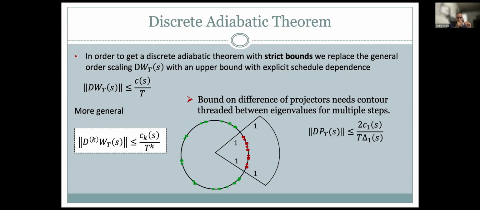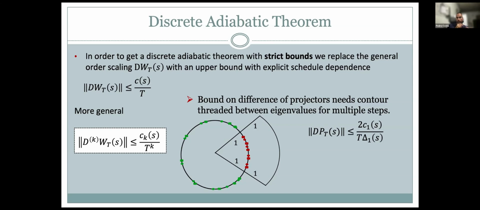The idea is that the eigenvalues are spread around the unit circle, and you always consider the worst one, the one closest to one, in our analysis. So in our analysis, we are going to have the appearance of these different values of the gaps that come from the results when you take the first, second, and so on differences of the walk operators. And then we start to see, for instance, that this quantity here already shows the dependence on the gap when you take the difference of the projection.